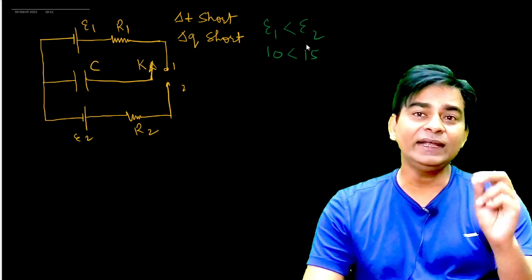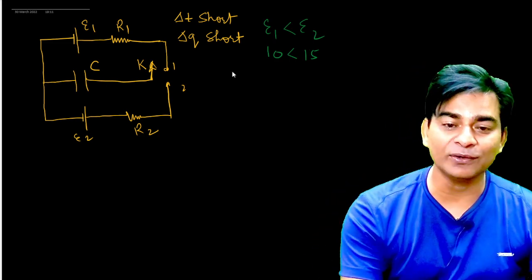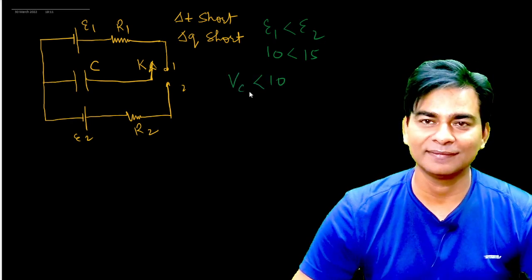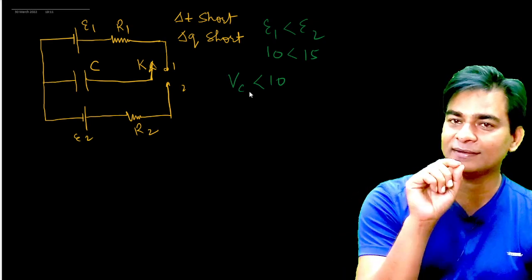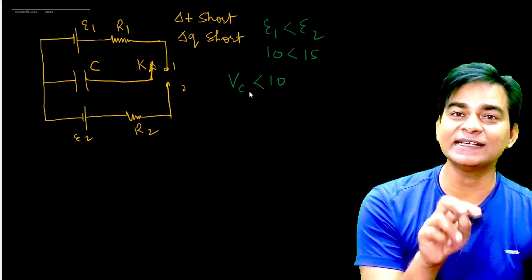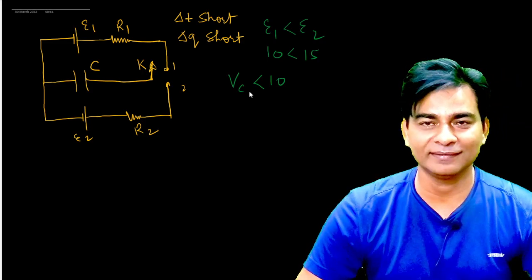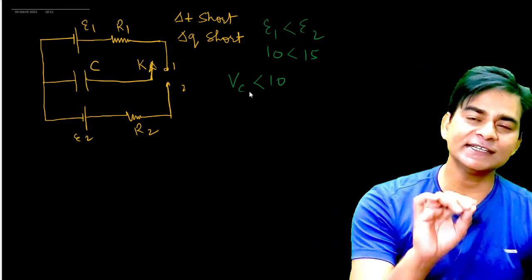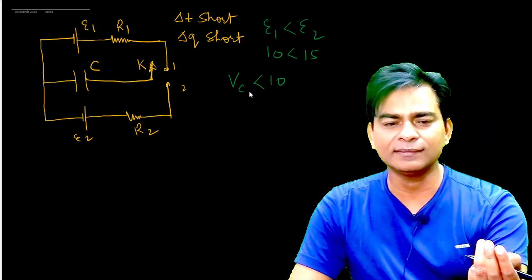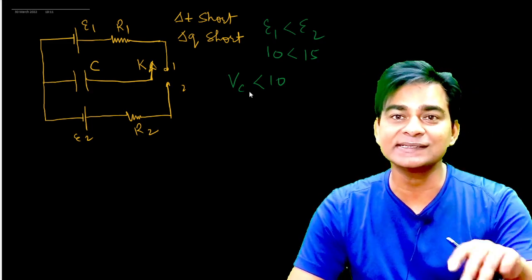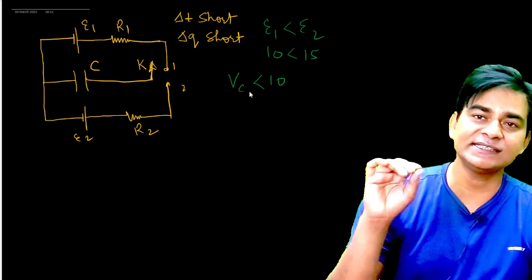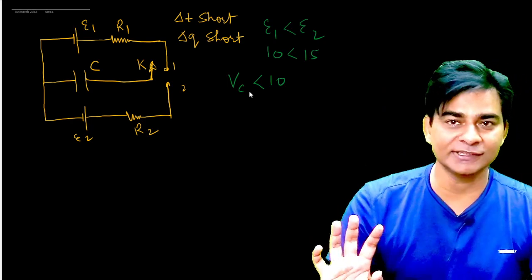Then in every connection, till the voltage across the capacitor is less than 10, the upper battery will charge the capacitor because its potential drop is lesser than the potential of the battery. Then I change the switch from position 1 to 2. And still the voltage across the capacitor is less than E2. Then the lower battery will flow some charge and the charge on the capacitor will increase.